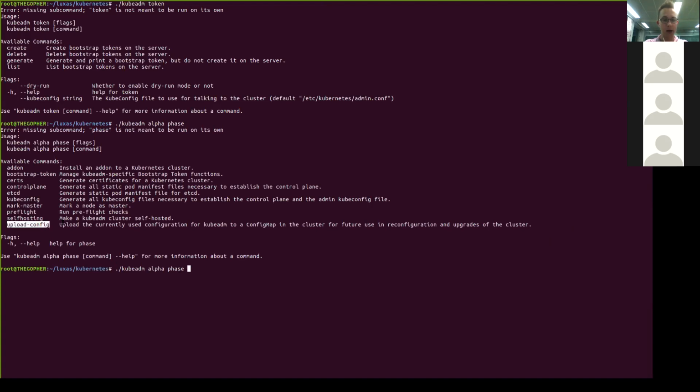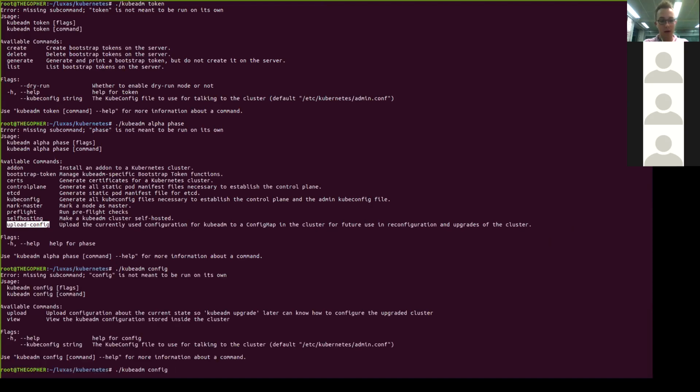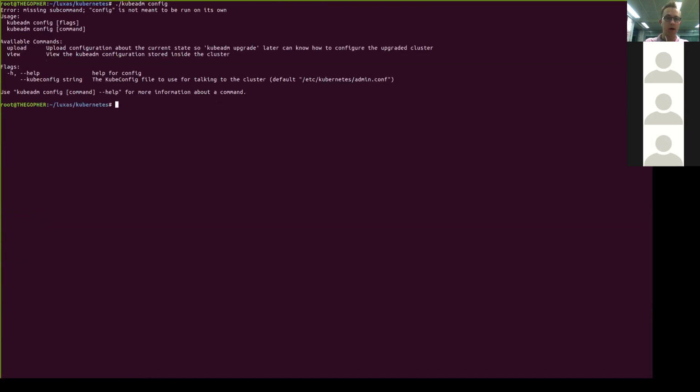What do we have more? Upload config. In kubeadm 1.8, we have a new command called kubeadm config. So when you do kubeadm init, it will save the configuration you used, and then when you upgrade, it's going to look at what config the user used to create this cluster, and then say, okay, I had a custom API server port, and after the upgrade, I should use this custom API server port, and that's